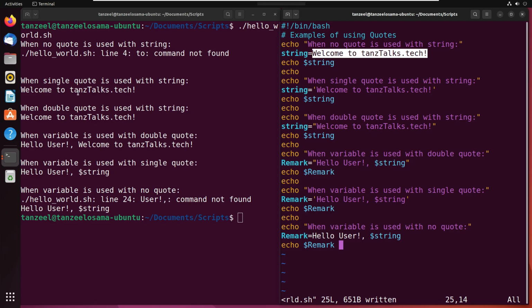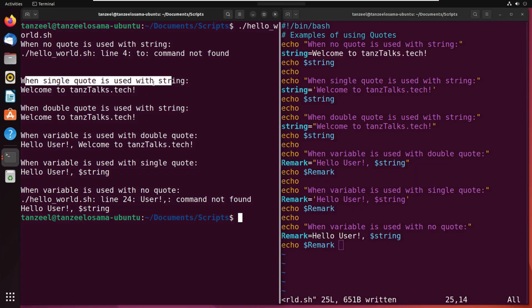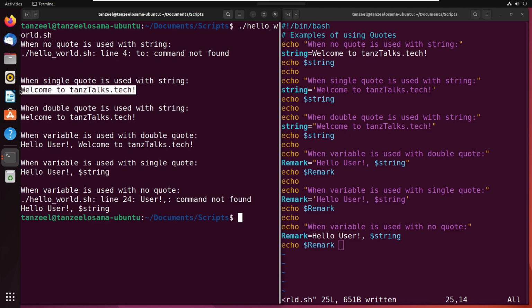So that is why in the second method where we are using the single quote, the value was considered as a single value, or the data which we entered for the string variable was considered as a single value, and it was saved in the variable and it was printed perfectly fine. Same goes for the double quote, which means when we are working with string, if the string is containing only one word, then we can do away with the use of any quote.